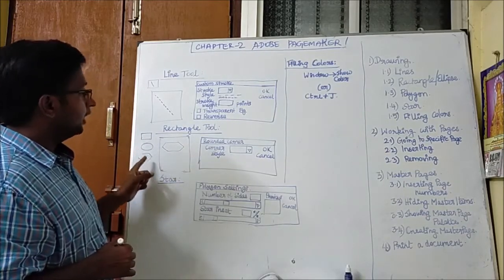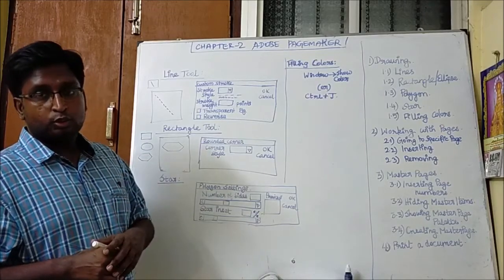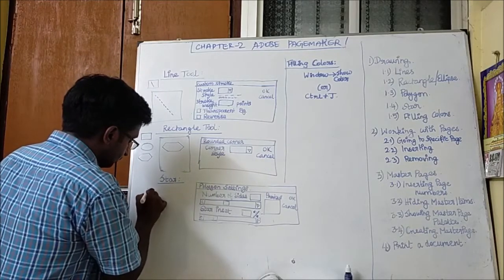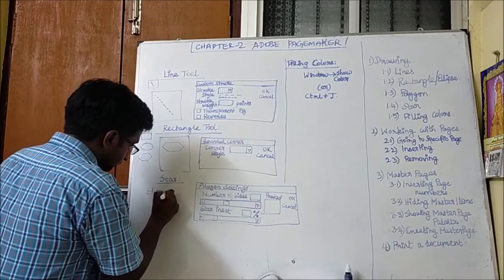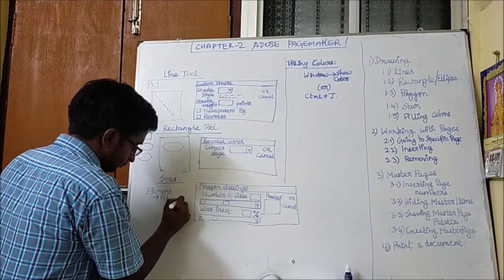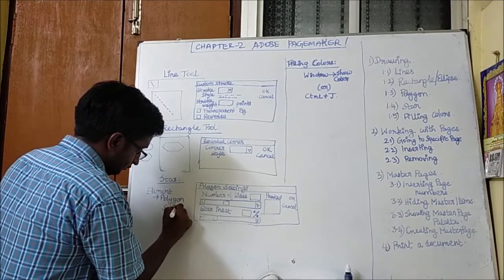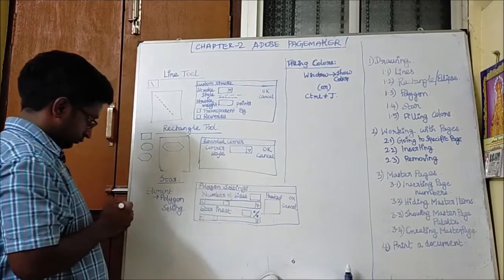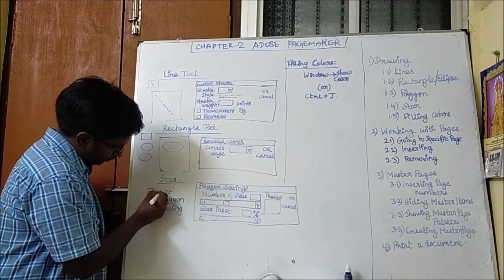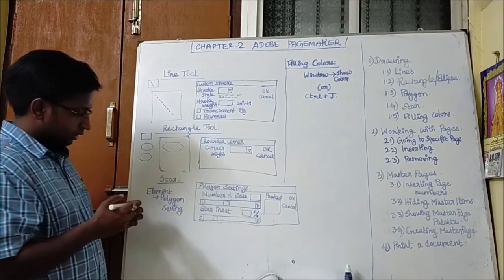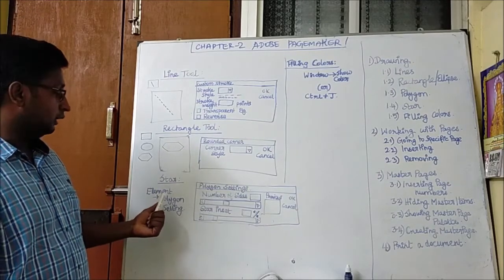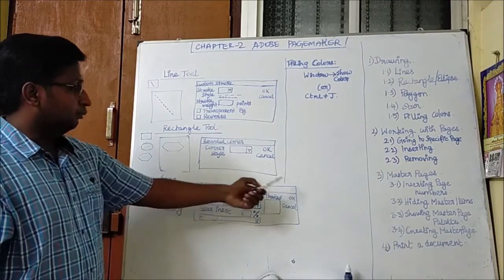For that, either we can double click the polygon tool, or we can go to the Element menu, and under that the submenu Polygon Settings. By clicking it, you can view the polygon settings